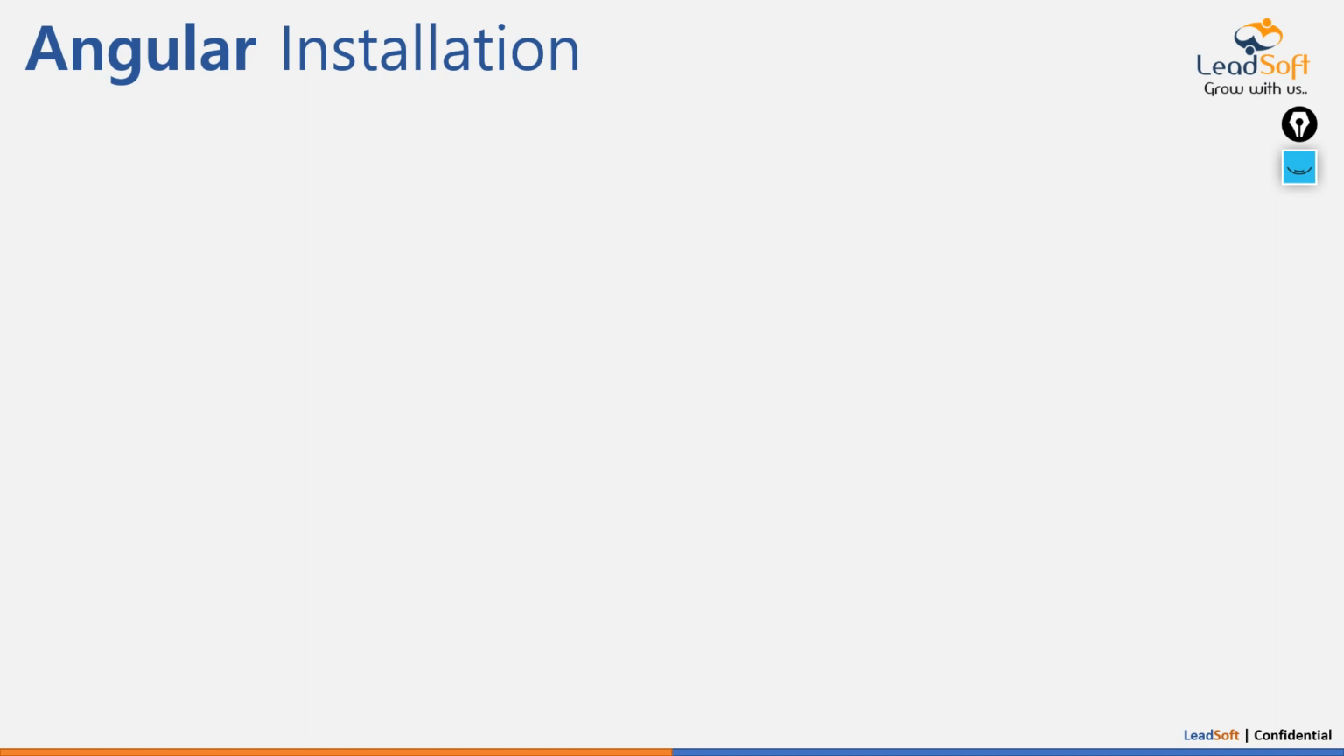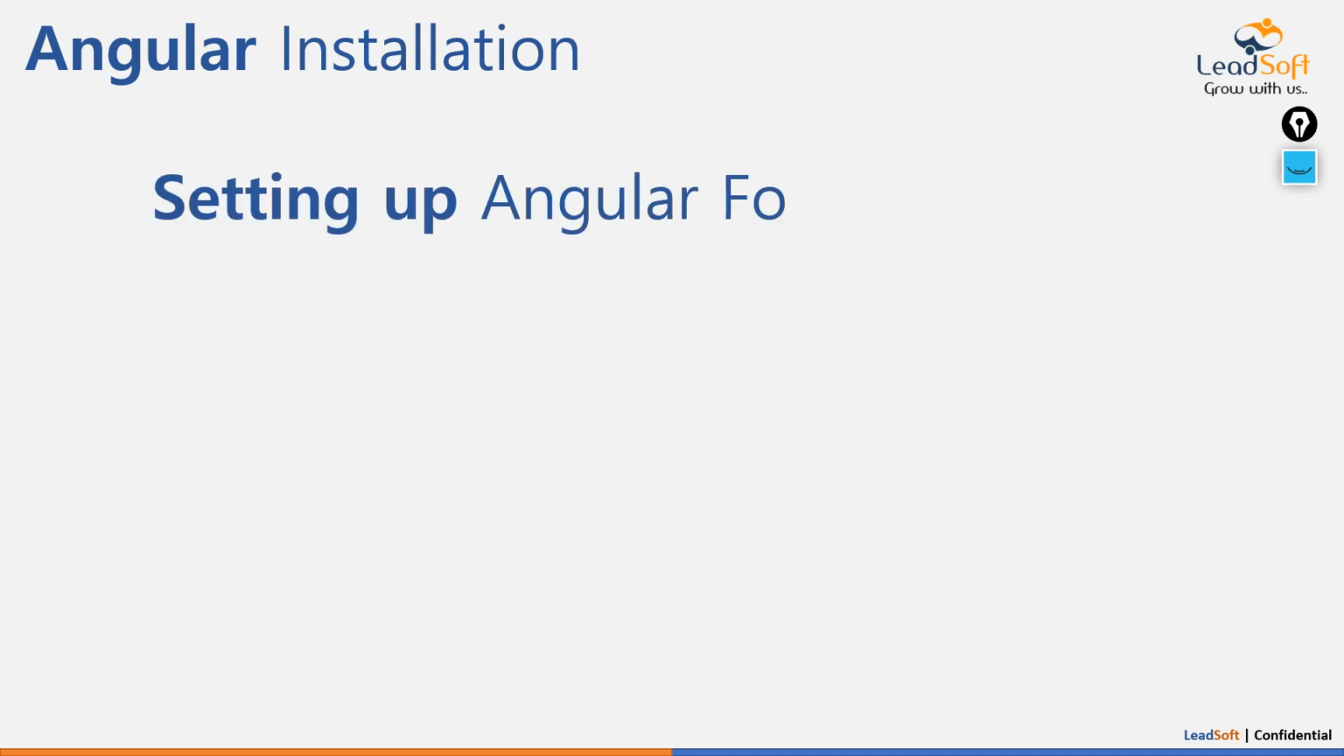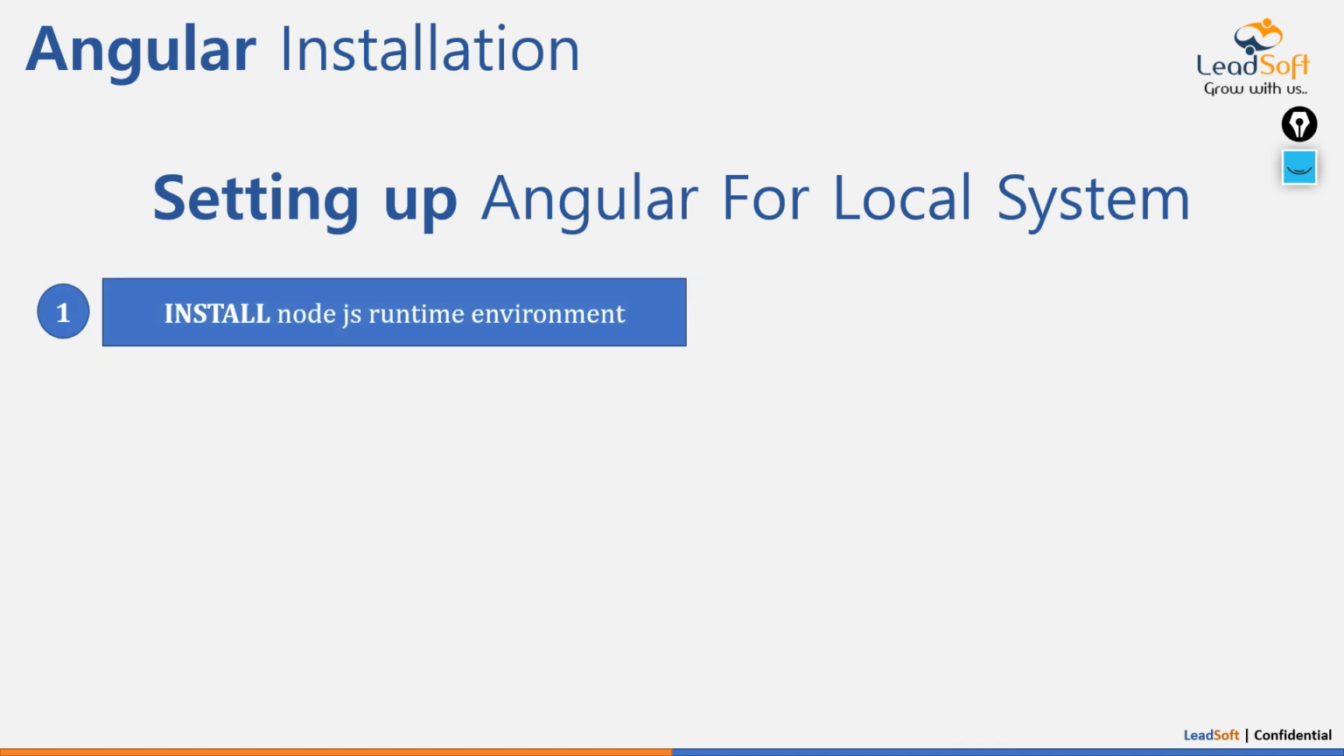To install or set up Angular on our local system, we have to follow two different steps. Step one: Angular is installed using npm, where npm stands for Node Package Manager, and using npm we can install any latest version of Angular on our local system. And to install npm, the first step is to install the Node.js runtime environment